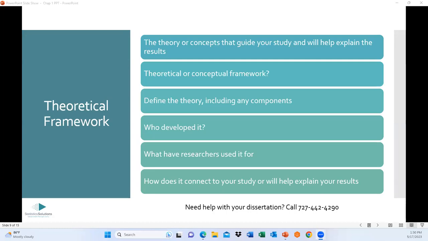Now, for our example there, we had two, right? Two: transformational leadership and emotional intelligence. You talk about transformational leadership, then you talk about emotional intelligence in the same way. And together, those two things constitute the framework. If you need one theory, that's fine. If you need three, that's fine. But again, there should be a reason for that.